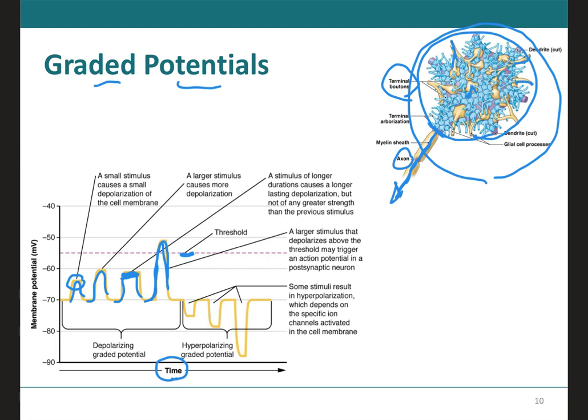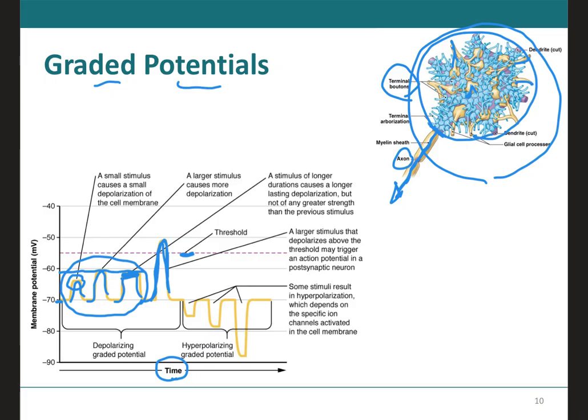So it goes from minus 70 millivolts, which is the resting membrane potential. All these graded potentials did not reach threshold, so they're over here at minus 60 millivolts. But one single one that was added reached threshold, went above minus 55 millivolts, and therefore it caused an action